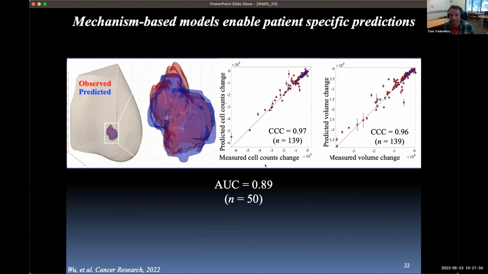So here's the measured cell counts from your diffusion data, and here's our predicted cell counts from the model. And then if you do the concordance correlation coefficient, it's really super high for these 139 patients from the MD Anderson breast cancer moonshot program. And there's a pretty good match here also for the volume measurement and the predicted volume as well. And so the area under the curve here for predicting path CR versus non-path CR residual disease is 0.89. Now, to those of you at the home audience who have been really locked in and paying attention, you'll say that's 0.89.